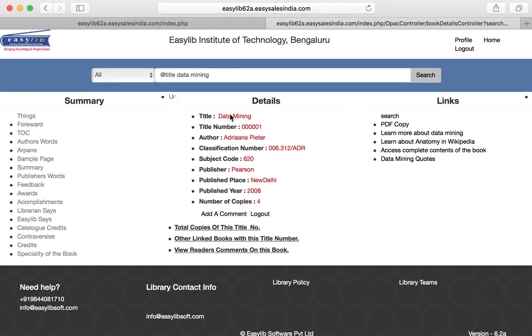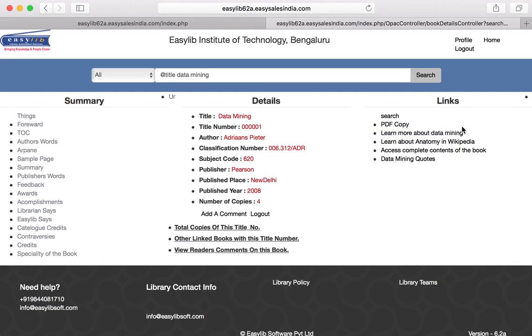Initially, a catalog primarily meant these particular fields like title, author, class number and so on. Now in the internet world, you have the ability to catalog a certain book extensively. That's why on the left side, you have the ability to scan and link the cover page, the spine, the table of contents, the back page, the publisher words and many more contents to this particular title.